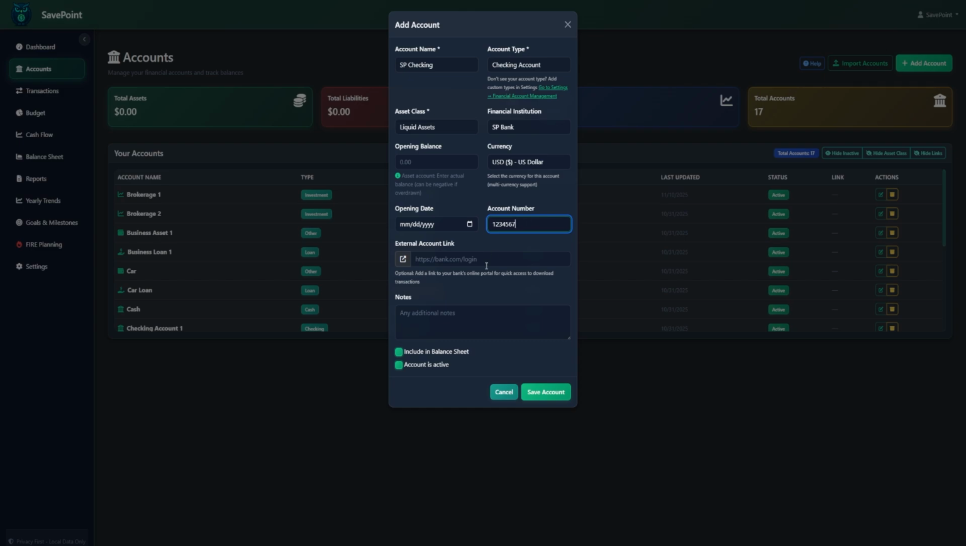Now, the next optional field is an interesting one, and this is the ability to add an external account link. This could be a link to your bank or your credit card's homepage, or a direct link to the URL where you can download the CSV from the bank. The idea behind this is to make your reconciliations each month easier by giving you a quick one-stop shop to gather the spreadsheets to allow you to quickly update your transactions and balance sheets by quickly being able to import